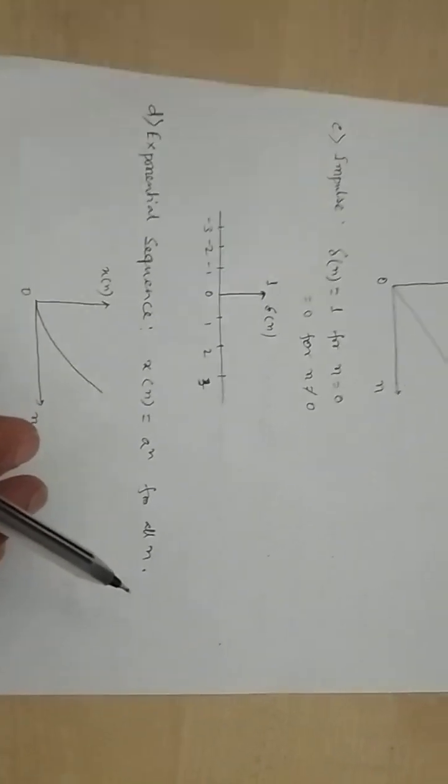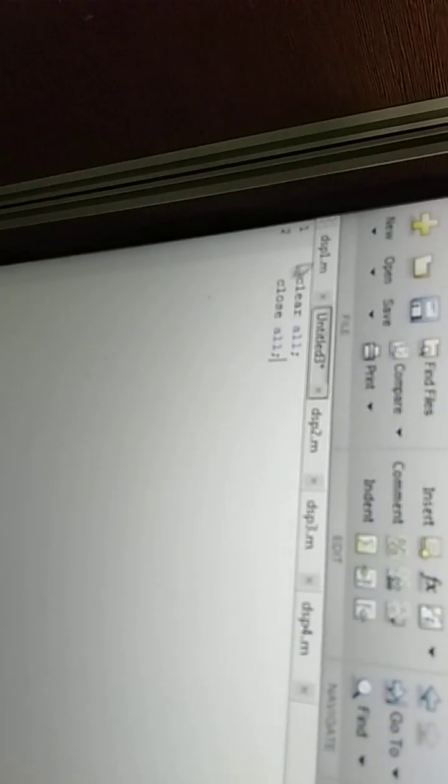Now we will perform this experiment using MATLAB. For that reason, you first open MATLAB and then go to New, then Script file. After clicking on new script file, we will get one editor window. In this window, we will write the program. Here first of all write clear all, close all, and then write the whole program like this. After completion of the program, you just press the run button and get the corresponding output.